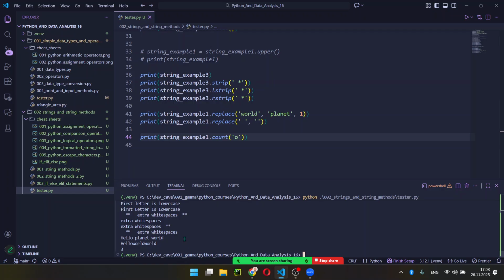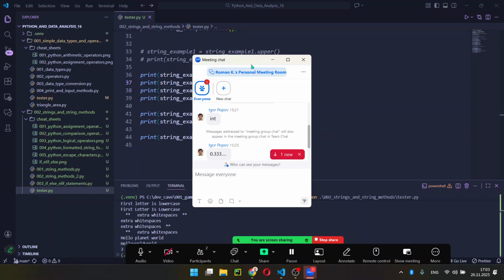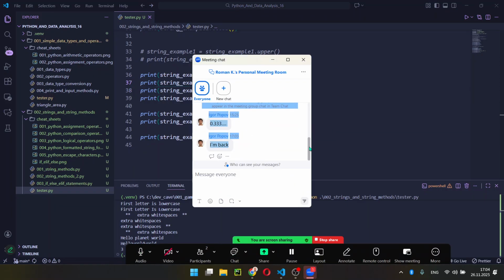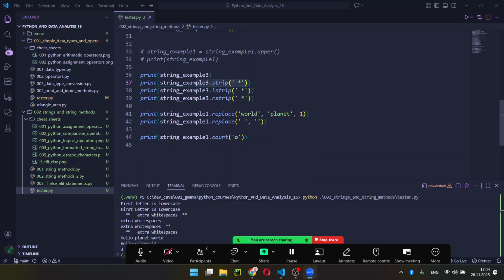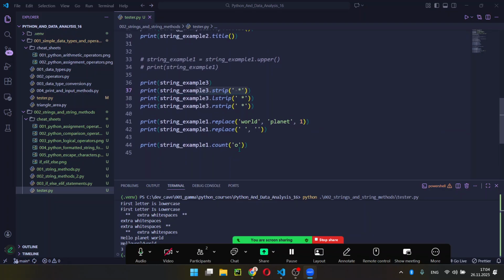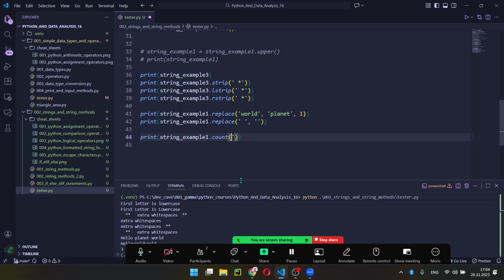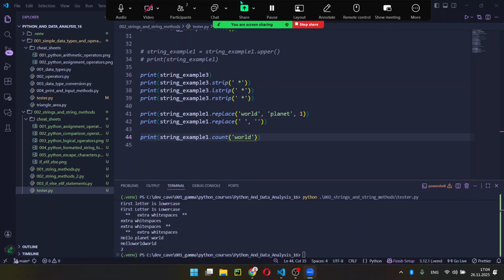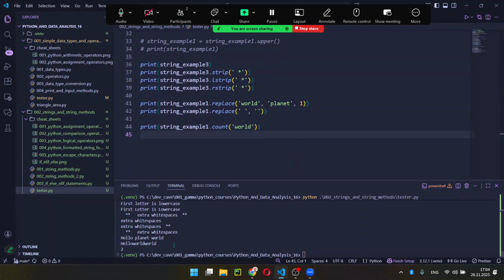And one interesting thing. So all other methods we used returned us a string. Right? Good. So all other methods returned us a string. So strip, lstrip, replace, upper, lower, capitalize. But this method returns us an integer. So count how many O's are there in string example 1. And there's 3 O's. Or you can actually type the whole word, world, for example. How many words world are there in string example 1? Right, so there's 2. So you can count, and yes, this method returns us